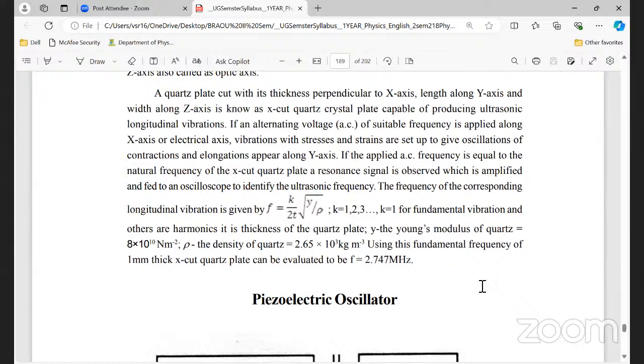So t is the thickness here. Using this, you can easily calculate the fundamental frequency of a 1 mm thick X-cut quartz crystal plate. That frequency is 2.747 megahertz. Mega means